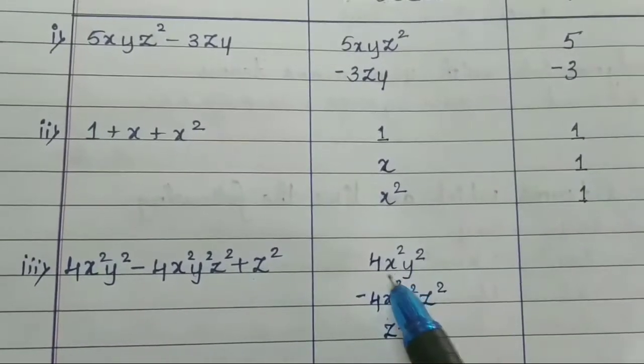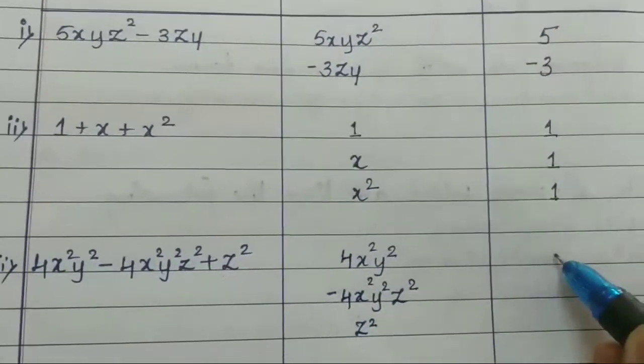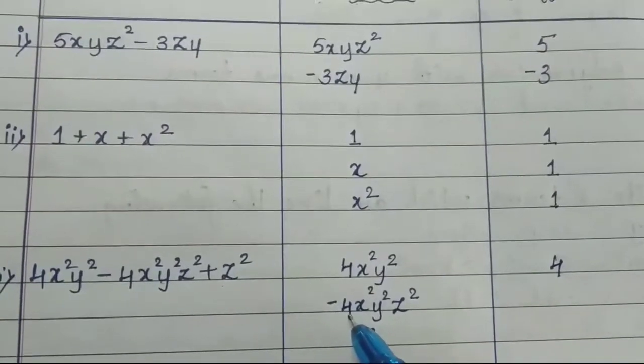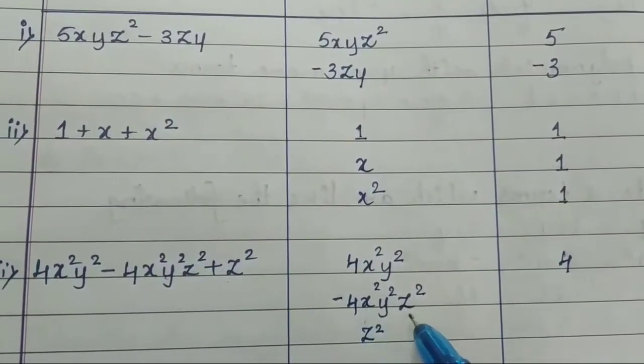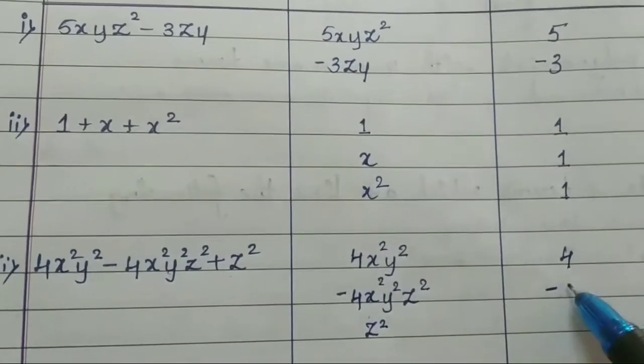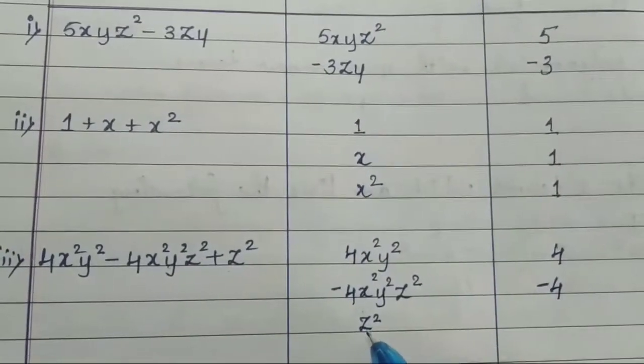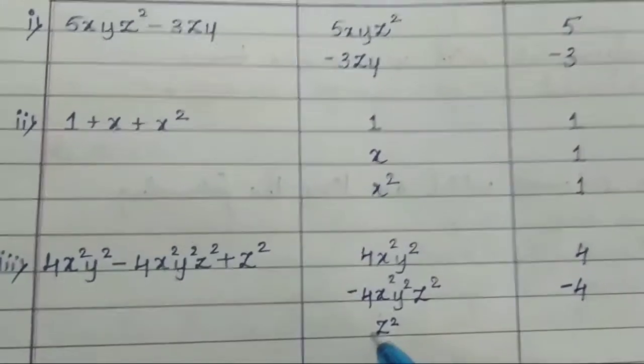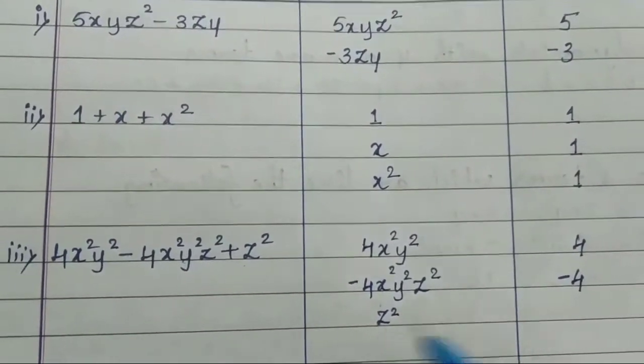So the coefficient of 4x square y square is 4. Here for minus 4x square y square z square, the coefficient is minus 4. Okay, and for the z square, as you can see there is no coefficient here, it means it is having